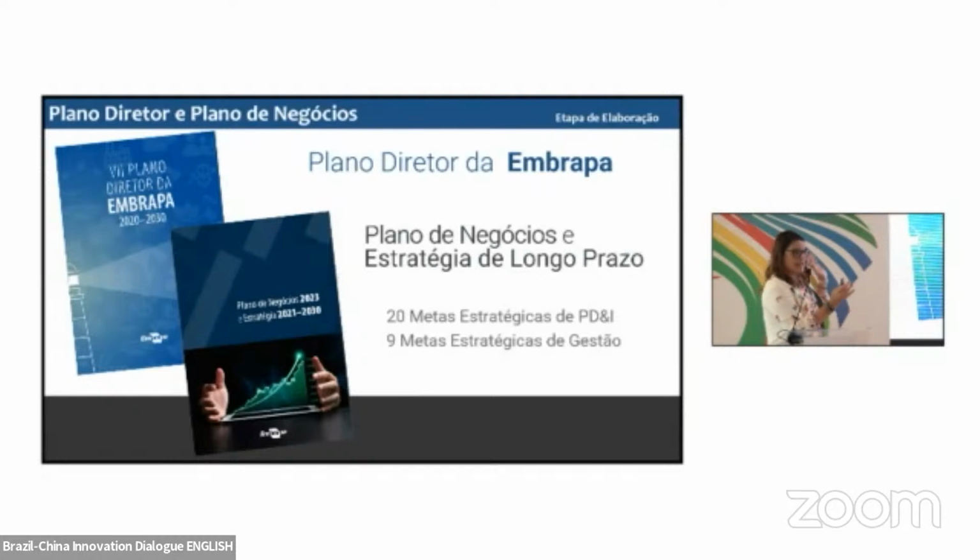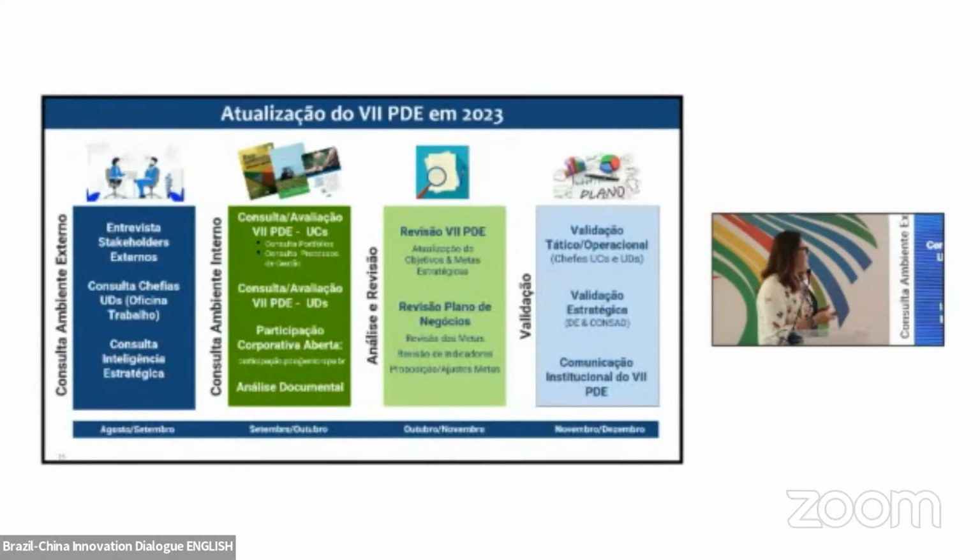We have that plan for 10 years, but it is reviewed periodically. So the business plan is an annual plan, as I mentioned before. And how does that work? Well, our last update was done last year, and this is very important because we had a new cycle of government. So this period of 10 years has been adjusted a couple of times. The last one was last year.